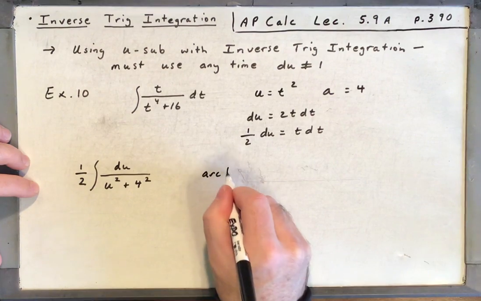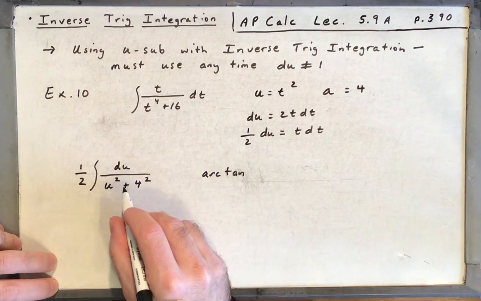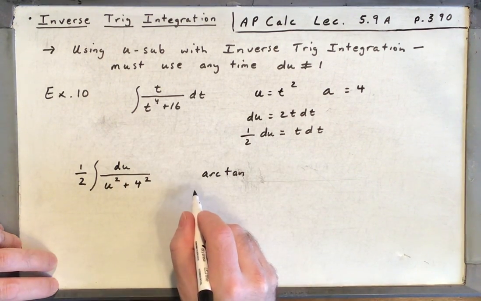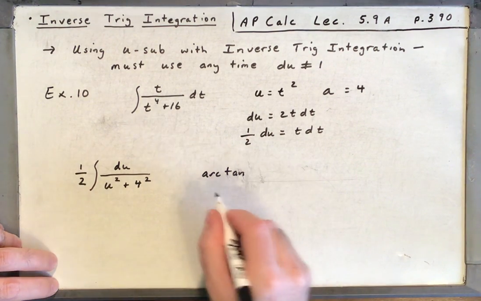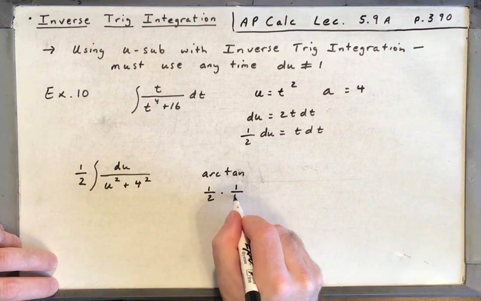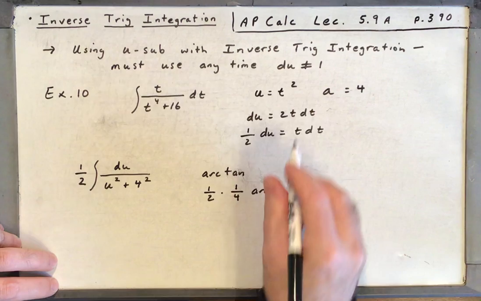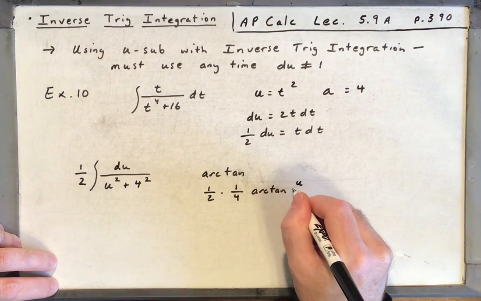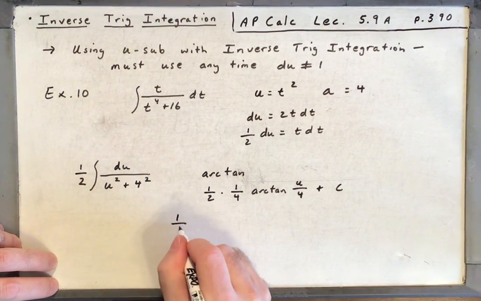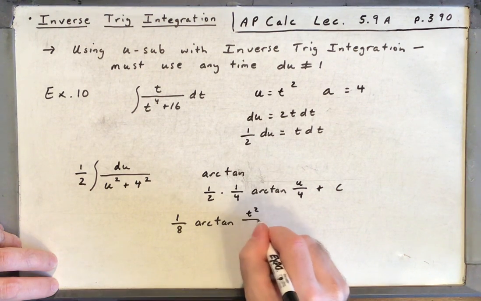So we know that's arctangent, because of recognizing the pattern there. And so let's plug into the formula. So it would be 1/2 out front. We have this 1/2 times 1 over a, so 1 over 4 arctangent. It's going to be u over a, so I'll just go ahead and put u over 4 plus c. So that's 1/8 arctangent. U is t squared, so t squared over 4